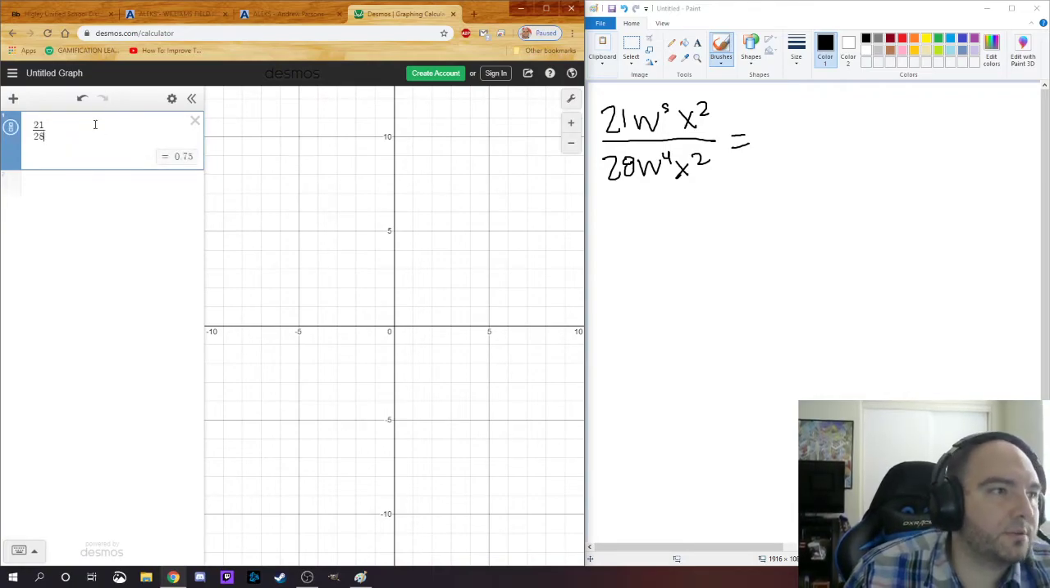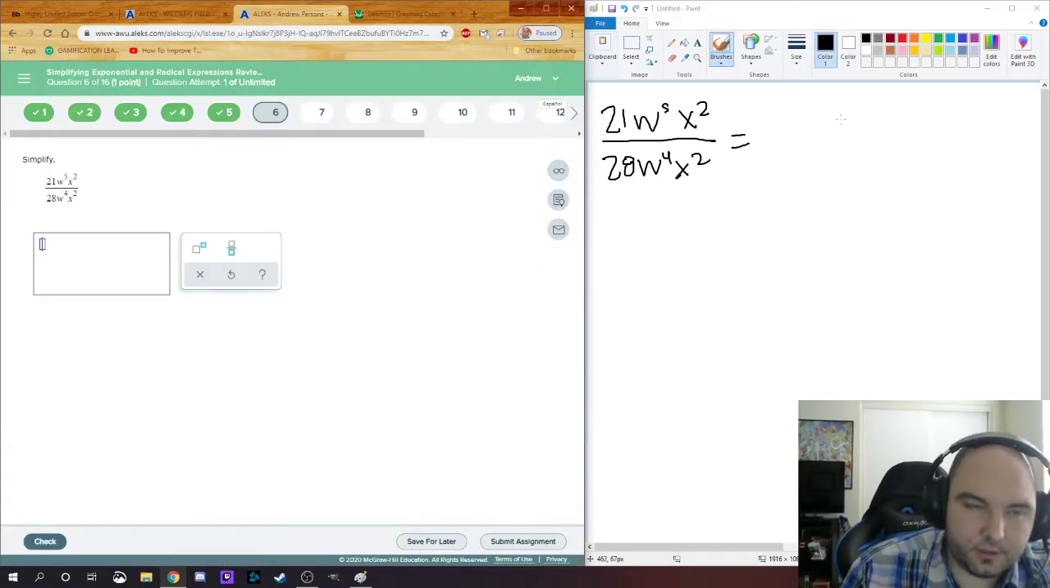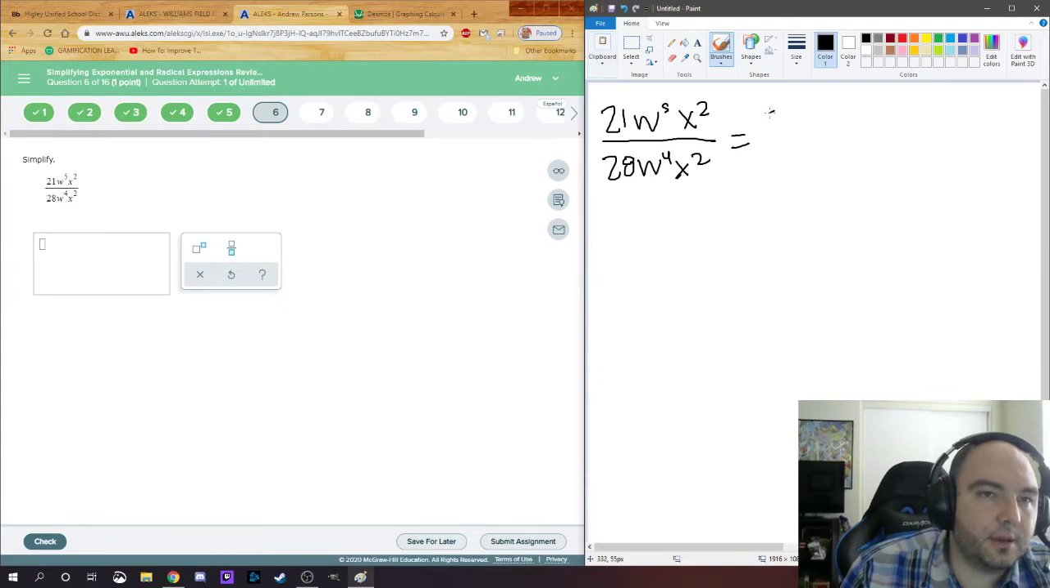There you go, 21 divided by 28, and then hit this little button here, 3/4. So on here, I'm going to say this is 3/4. Probably extend this a little bit. Okay, now we're going to deal with these